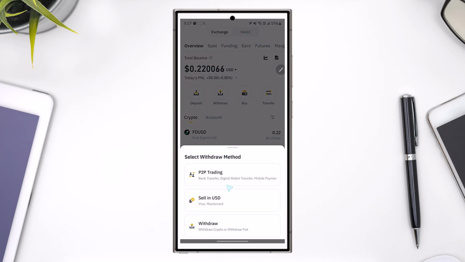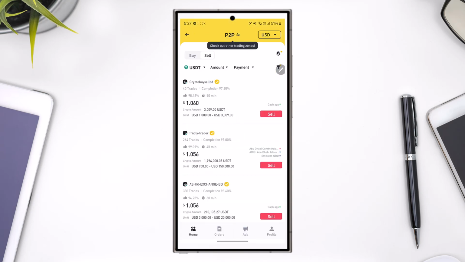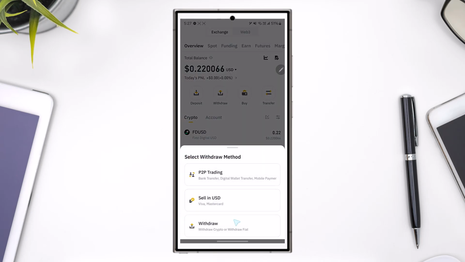And once you go to this withdraw option, you can see withdraw crypto or withdraw fiat. You can withdraw via bank transfer, digital transfer, or mobile payment. So you can select that. From P2P trading also you can do that, or what you can do is tap on withdraw and select withdraw